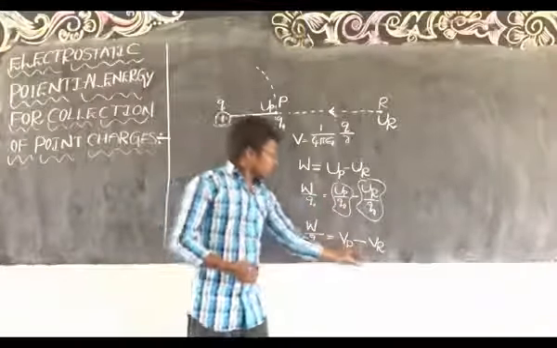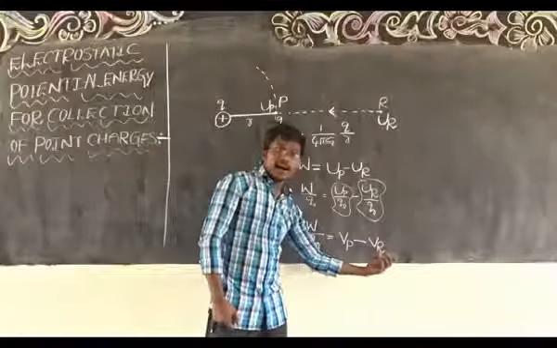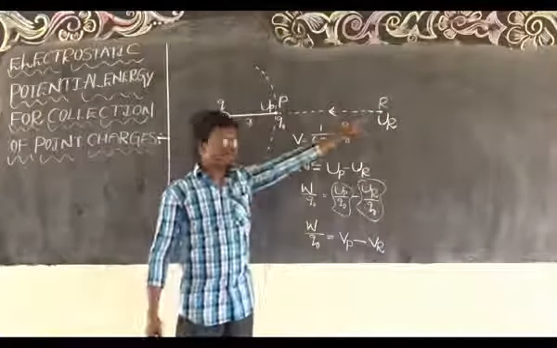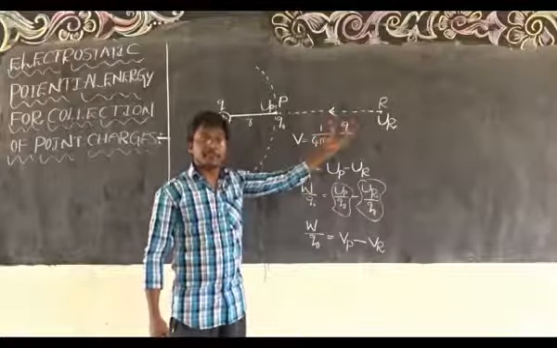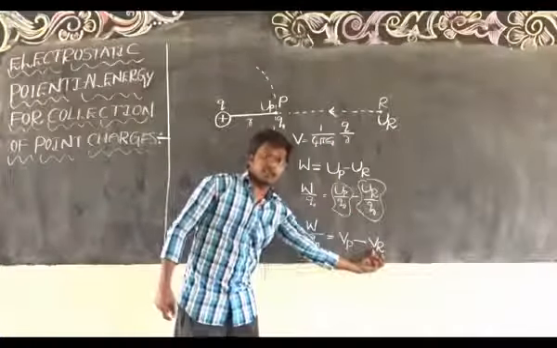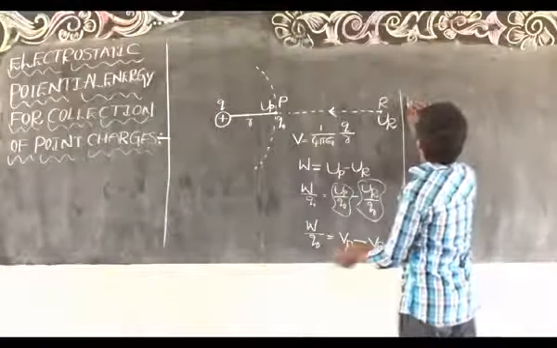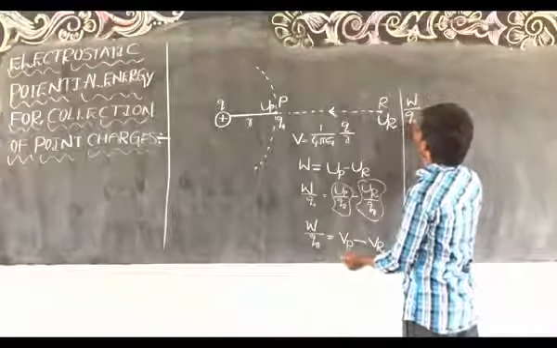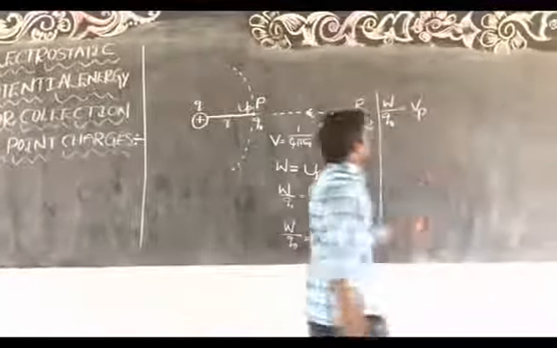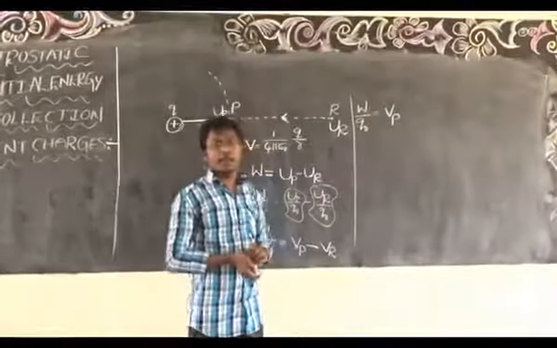Now, the electrostatic potential at the point R, where do we place this one? At infinite distance. So what is the distance from here to there? Infinity. At infinite distance, what is the electrostatic potential? 0. So here V_R value is 0. W by Q naught is equal to what is the remaining here? V_P. Electrostatic potential at point P is equal to work done per test charge.